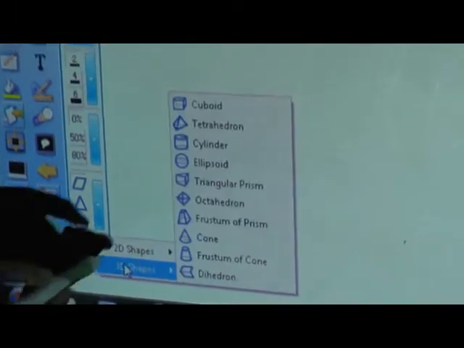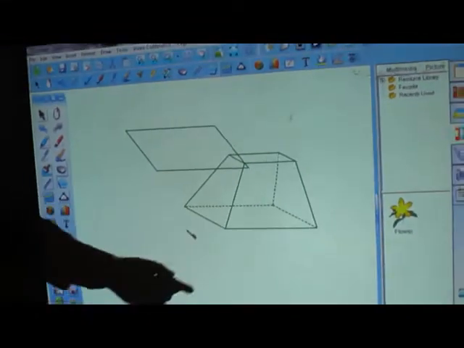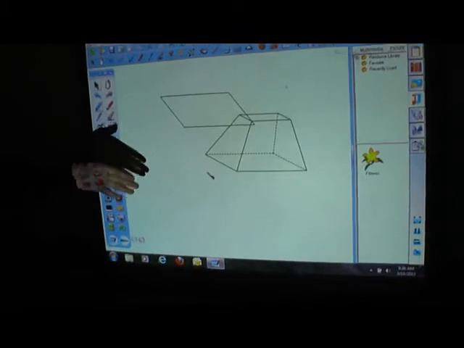The same goes with the shapes. You have both 2-dimensional as well as 3-dimensional shapes. I can take you to the 2-dimensional shapes. You can select any shape and you can see it is there. The same goes with the 3-dimensional shapes. And if the teacher wants to show the length settings, that can also be done.